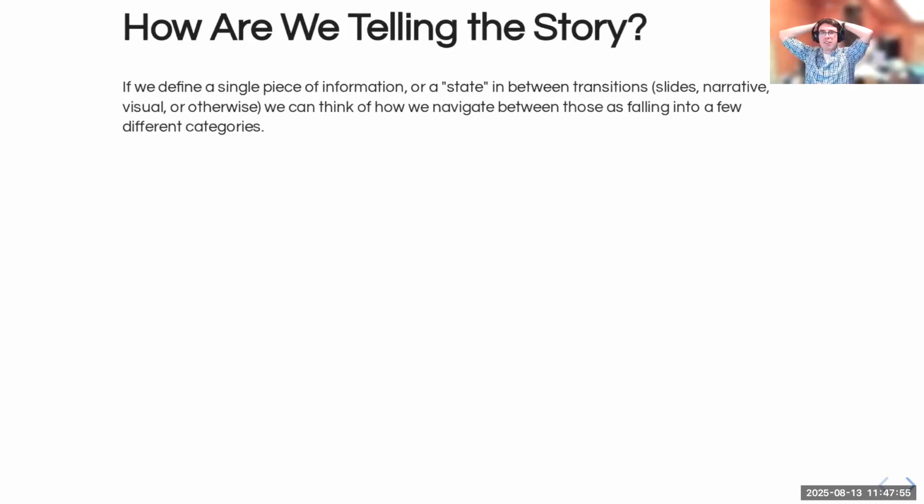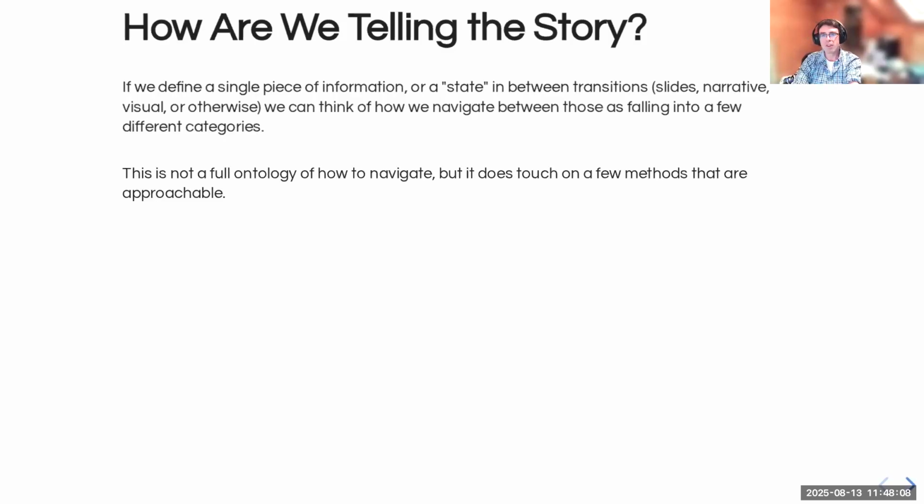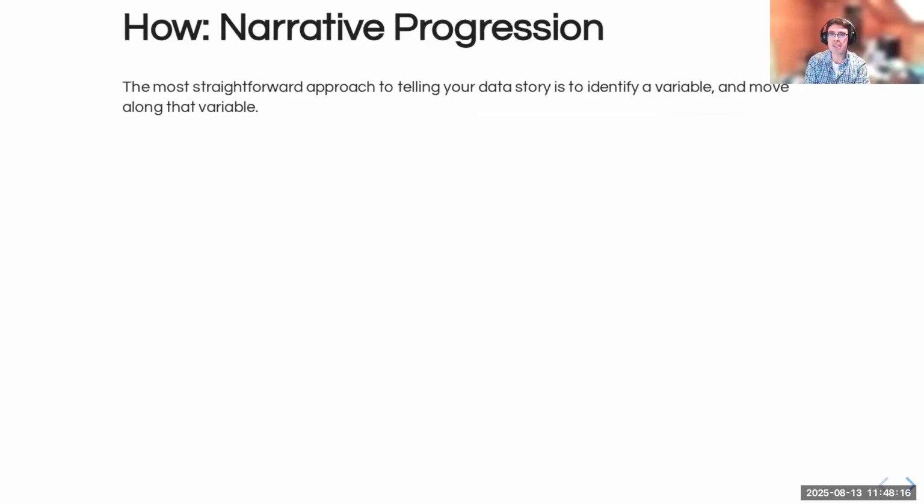If there is a single piece of information, a state in between transitions like slides, narratives, you can think of how you navigate between those as falling into a few different categories. When you're telling a data story, when you're constructing one, there are a few different ways, and this is not a full ontology of navigation, but there are a few methods. You can tell a story that utilizes narrative progression. Typically, you would then identify a variable, whether that variable is time or space, and you would move along that variable. Or perhaps that variable is investment, and you show how changes tend to reflect a greater degree of investment,